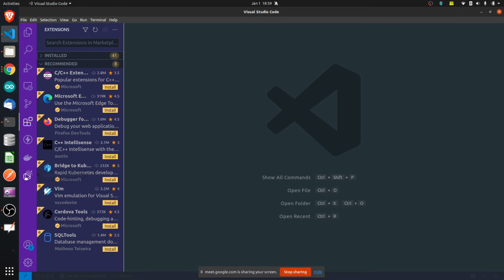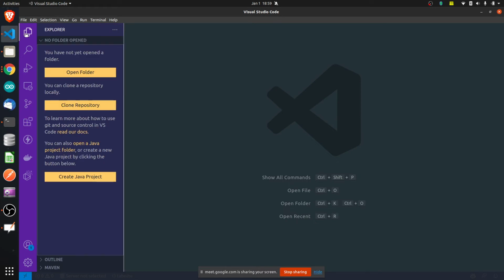But you might not be having Thunder Client, Docker, or Tabnine, all those kinds of stuff on your VS Code. That's completely fine, that's completely okay. This is Git source control, which I don't want to discuss right now. So let me go to files. Okay, this is important for us.